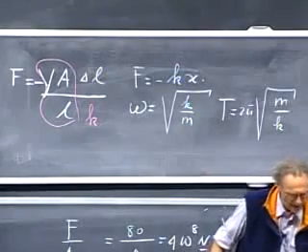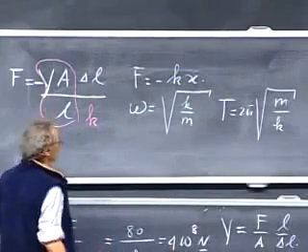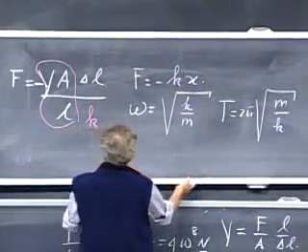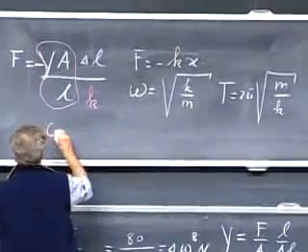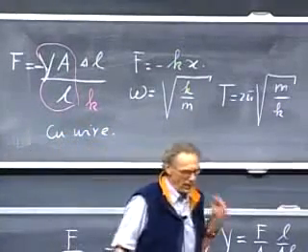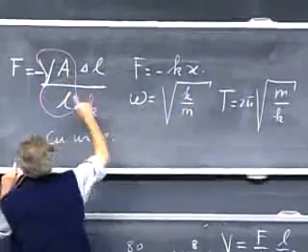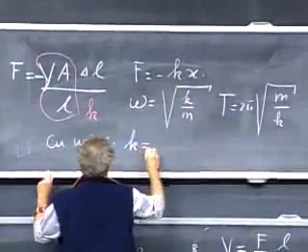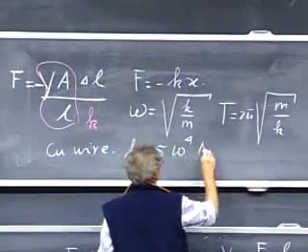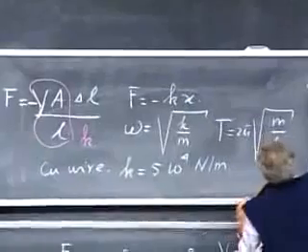If we take our copper wire, we know what Y is. If I take the value 11 instead of the one that we found, but it's very close anyhow. So if I take our copper wire, then I will find, depending upon the mass that I hang on it, but I'll find in any case for this value k, 5 times 10 to the 4th newtons per meter. So if now I hang on it a mass of 1 kilogram,